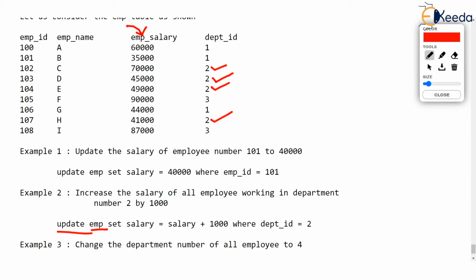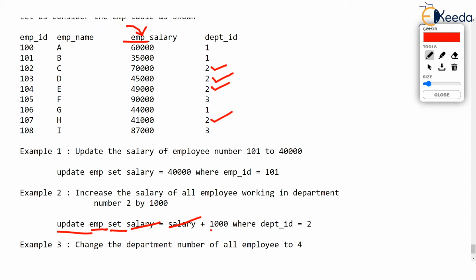We want to update something in this table, isn't it? EMP. Then reserved word set. After that, again, I made a mistake here. Instead of giving EMP underscore salary, I have given salary with reference to this field I am talking about. So EMP salary is equal to EMP salary plus 1,000.